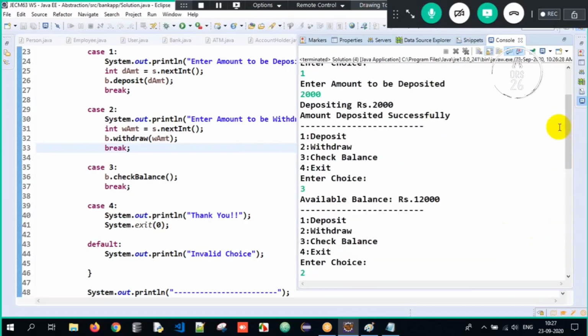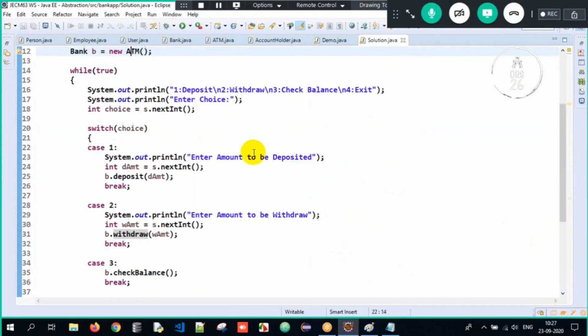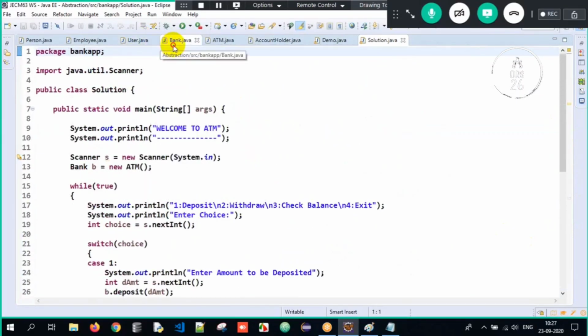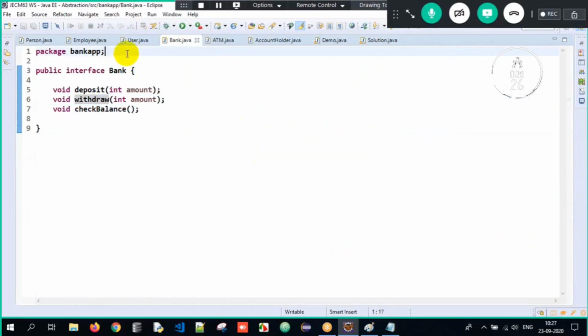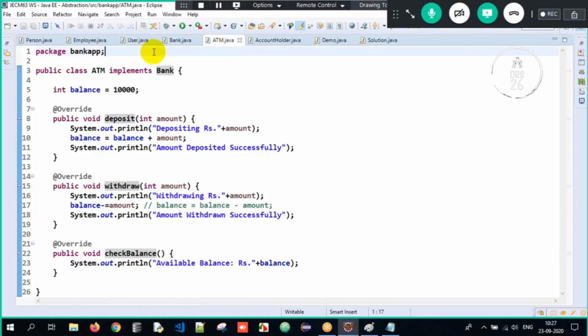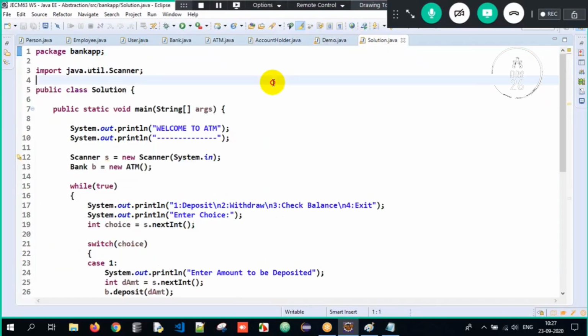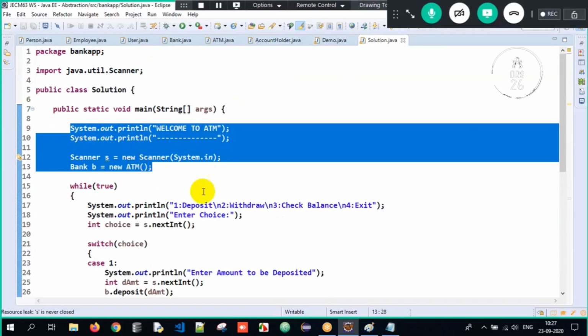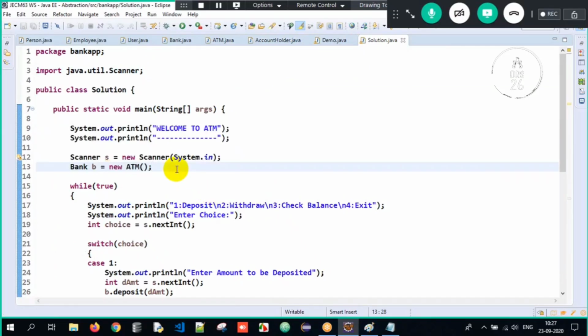Did you understand the program here? But how is that implemented here? So the first half is the same. We had an interface, correct? We had an ATM class which implements that interface and we have overridden that method. So in the Solution class, the first 4 parts, everyone understood, I believe. Welcome to ATM. I created an object of Scanner because I want to accept dynamic, interactive input from the user, and I have upcasted it because I have to invoke those withdrawal method, deposit method, check balance.